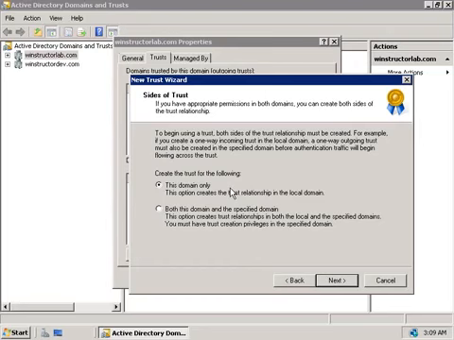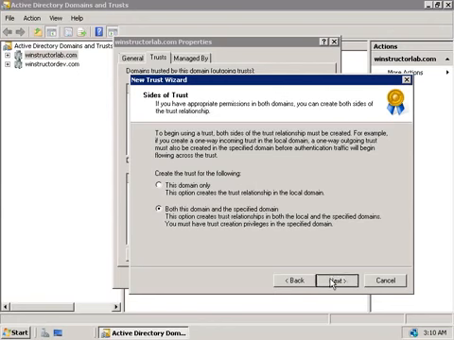Now, when we're configuring this trust, do we want to set up both sides here, or only our side allowing them access to us? Now, if we choose the first option here for this domain only, then we'll be relying on the administrators at Winstructor Sales Network to create another trust for us to be able to access their network. Now, if you do have trust creation privileges in both domains, you can choose the second option and then create them both. Now, this option will require you to have the enterprise admin permissions in both forests.